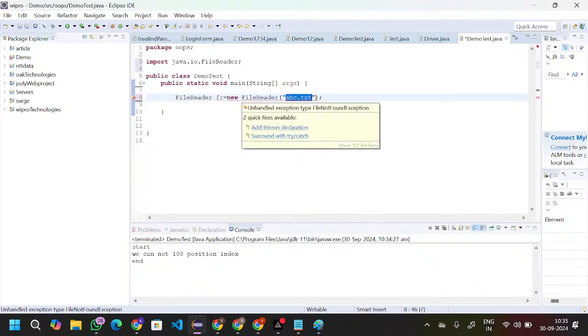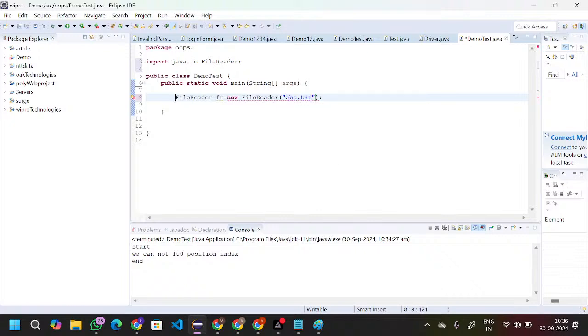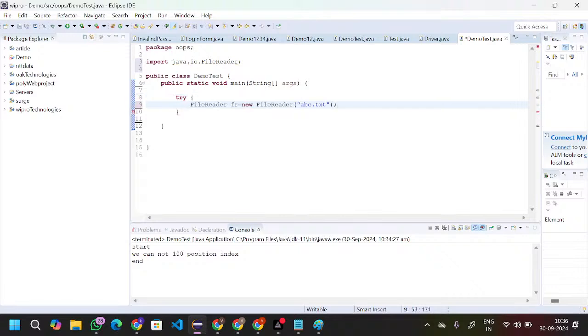So that's why it is throwing the error, that is file not found exception. So how could we resolve this one? Wherever the exception is coming, you can keep this inside the try block. So now you can take the try block, and then inside this one you can mention this one, and here you can pass